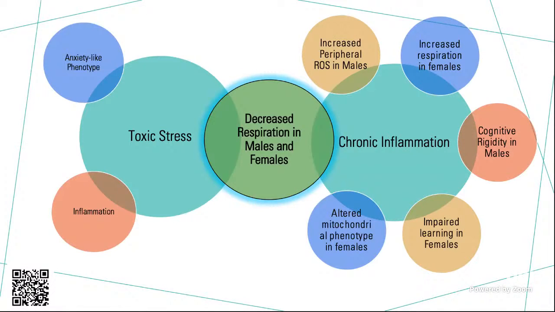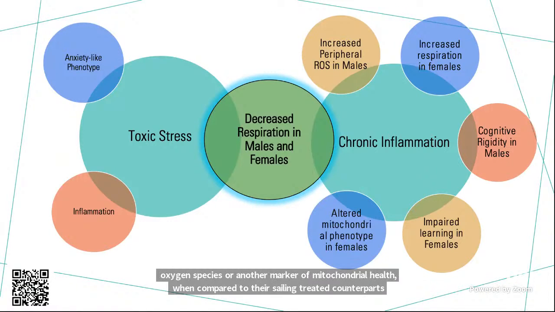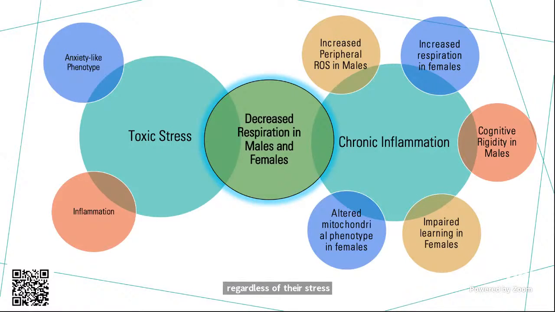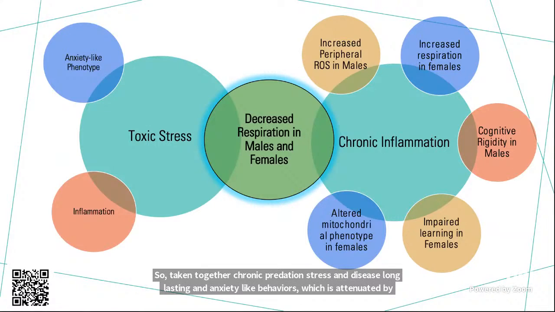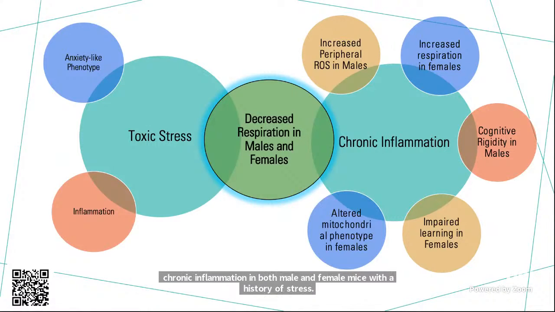So taken together, chronic predation stress induces long-lasting anxiety-like behaviors, which is attenuated by chronic inflammation in both male and female mice with a history of stress. The changes in synaptosomal respiration suggest that sex, stress history, and inflammation interact to create a unique, individualized metabolic profile. Yet, despite this, there is no significant difference in mitochondrial phenotype or synaptic composition in males, but there is a significant difference in females measured over 10 weeks after the last stressor and over 4 weeks after the final treatment